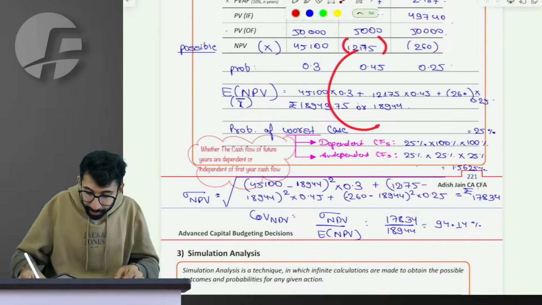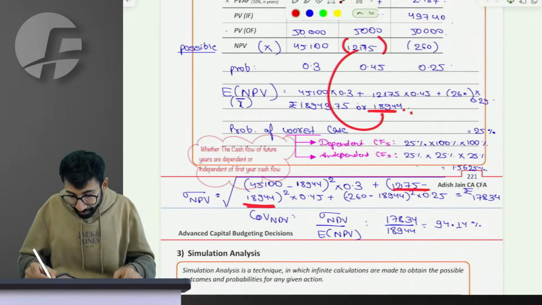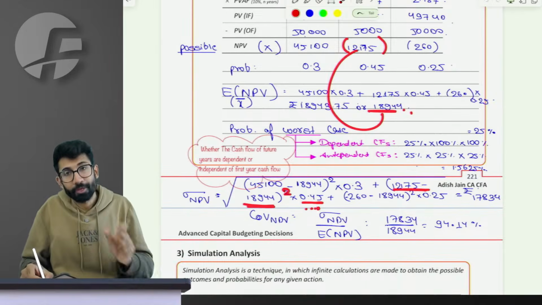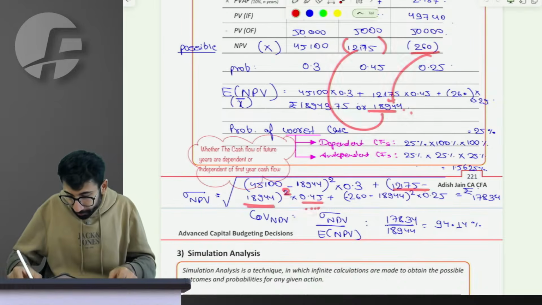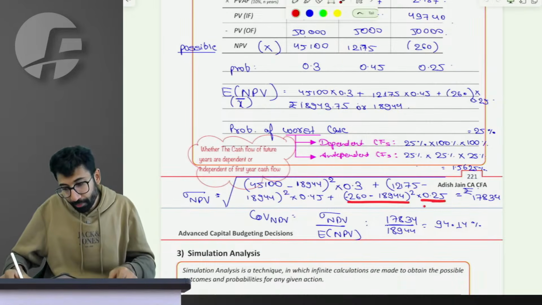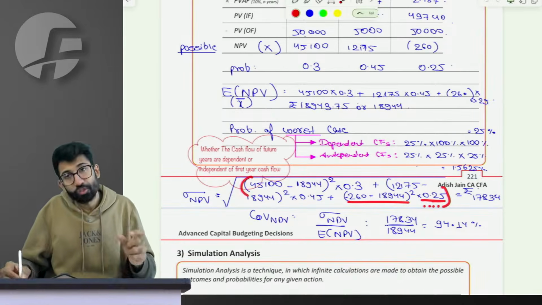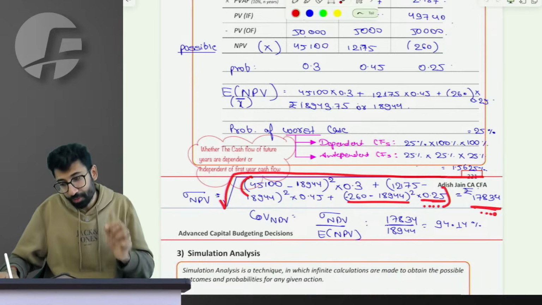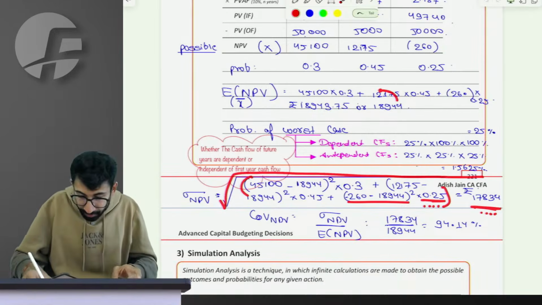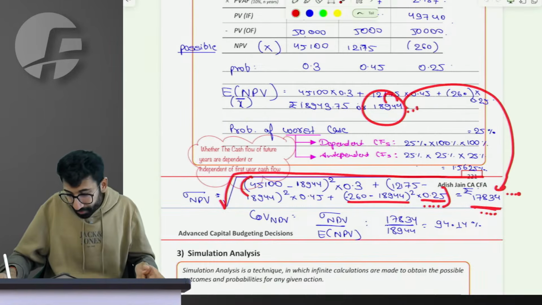This will be the deviation. This is the expected NPV which is deviating from the average by this amount. Right? At squared level, this is the deviation, the probability of which is 45%. Then 260 minus 18944 is the deviation at squared level with 25% probability. This gives me the variance of NPV, under root of which everyone in the class is the standard deviation, which is 178.34. The NPV which is 18944 can deviate by 178.34.